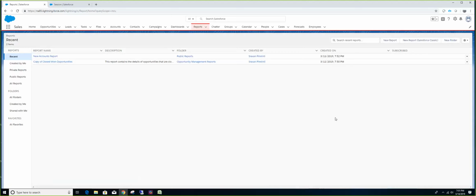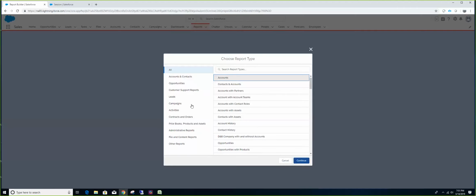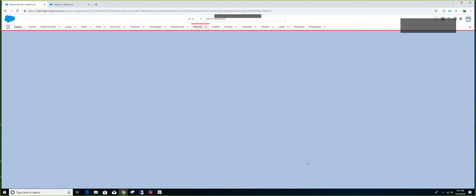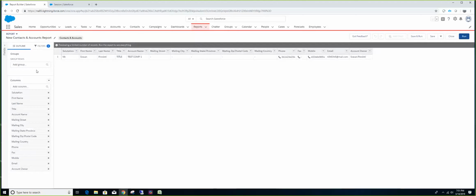So that's about the report. One thing I just want to make sure is whether Salesforce is allowing you to group rows here.